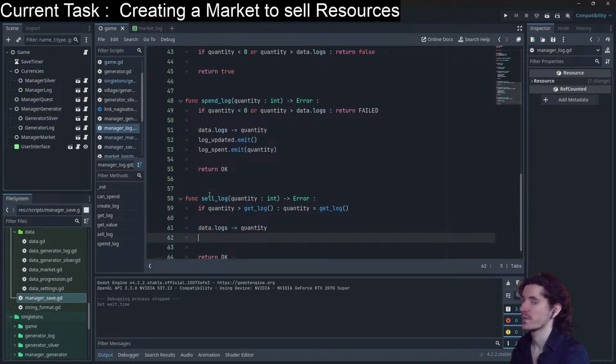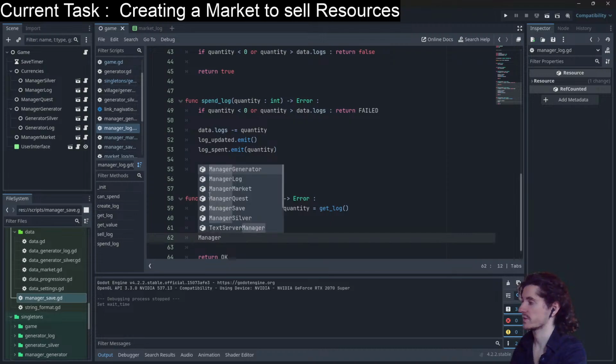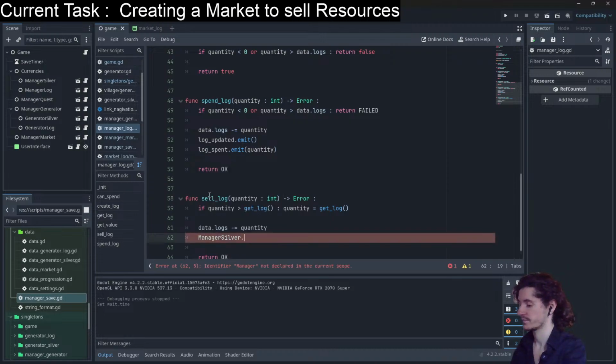Then we want to create silver based on the value and on the quantity. So manager silver dot ref dot create silver, and we want to create quantity multiplied by